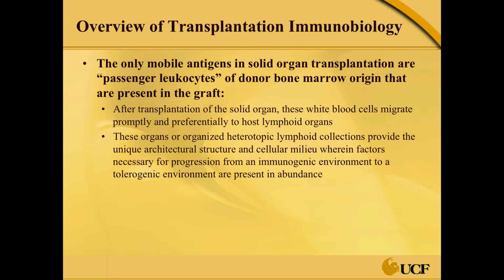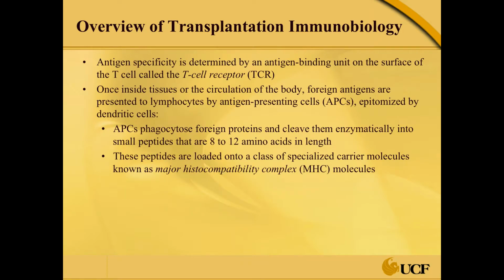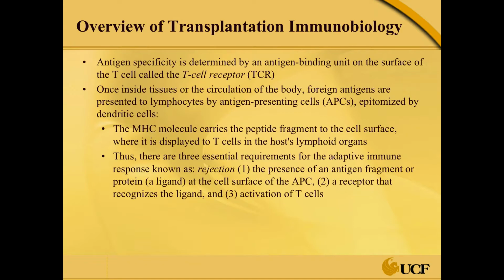After transplantation, the only mobile antigens in solid organ transplantation are passenger leukocytes. And these are of donor bone marrow origin that, for whatever reason, unfortunately, are present in the graft, okay? So after transplantation of the solid organ, these white blood cells will migrate promptly and preferentially to those host lymphoid organs using this process that we described through APC phagocytosis, loading onto the MHC molecule, and then finally presentation to